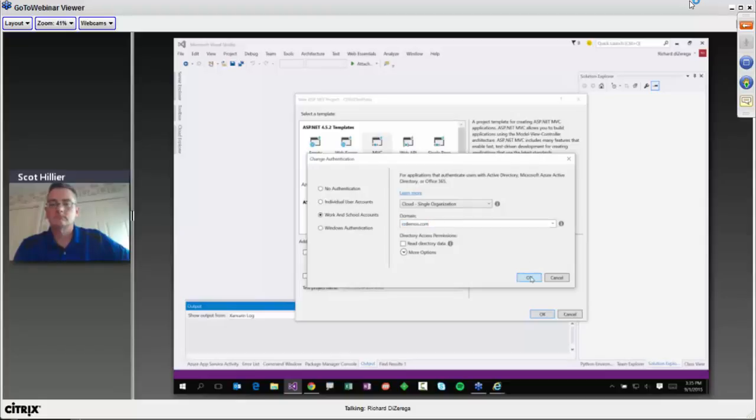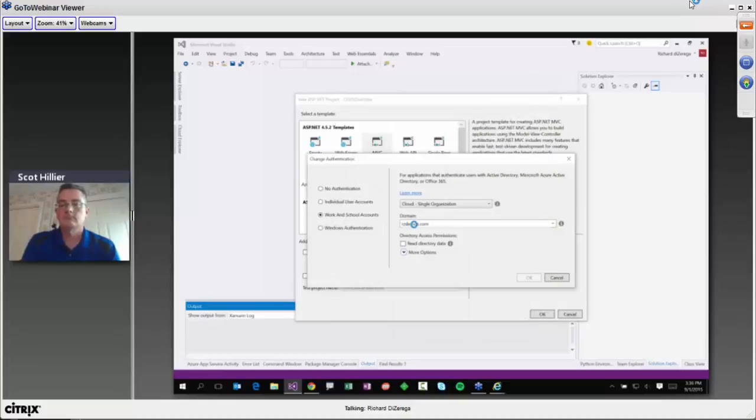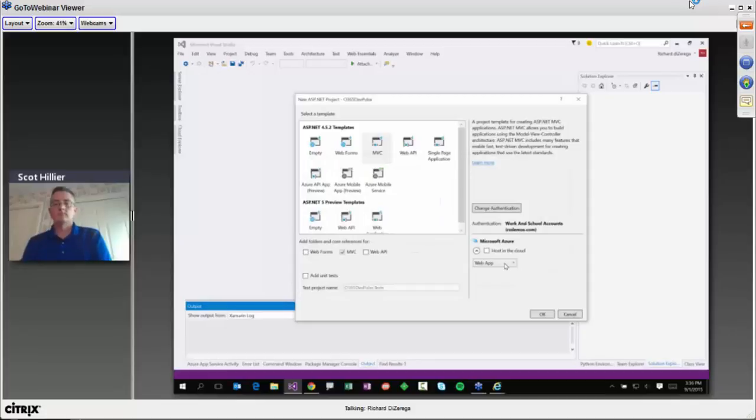So I'll go ahead and say okay, it's going to ask me to authenticate here, because it's not going to let me register anything without being a real user. So I'll just give it a user account, sign in, and then it's going to go behind the scenes and basically set up all the scaffolding for this application. So it's actually going to do the same thing that the Getting Started page was doing. It's going to register an application for us. Now, this application isn't actually going to have any permissions quite yet,